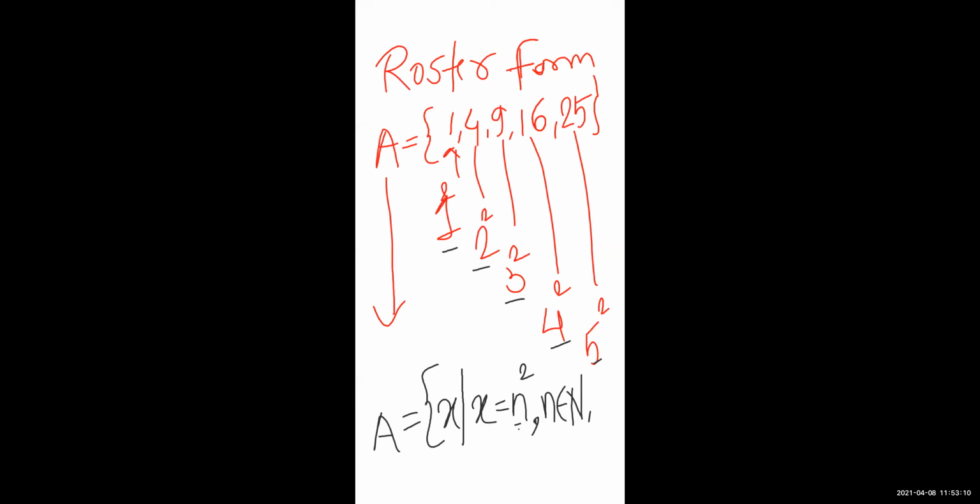One more condition is there. How many numbers are we using here? 1, 2, 3, 4, 5. So they are less than 6. So n is less than 6. Less than 6, no? We have directly taken less than, not less than or equal to. If we took less than or equal to, then we would have had to mention 5.